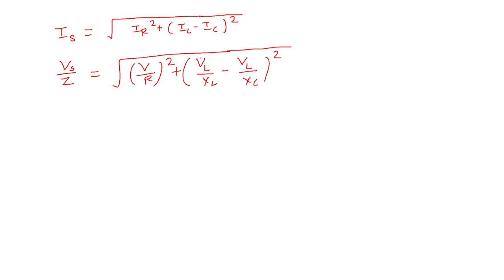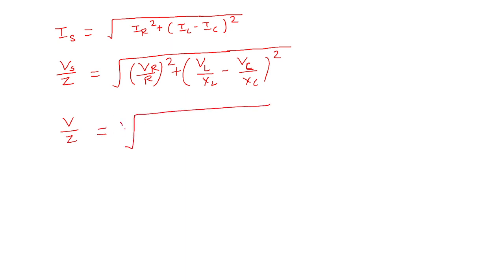IL is the current through the inductor, that is VL divided by XL. IC is the current through the capacitor, that is VC divided by XC. So all the voltages are the same: VR is equal to VL is equal to VC, which is equal to VS. So voltage is common, and we will get the equation V divided by Z, which is equal to square root